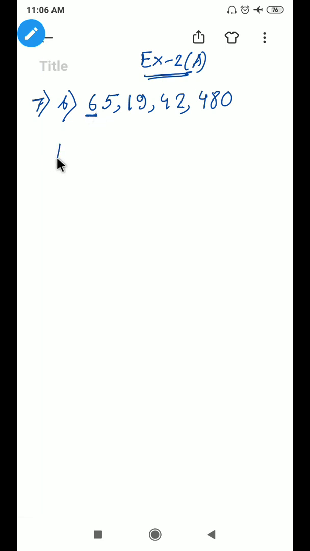From here you have to find out the period of this underlined digit and the place value of this underlined digit. Clear? So we already discussed the period and place values in our previous class. So you know how to find the period of this underlined digit. Which room does this belong to? This is the 1, 10, 100, 1000 room, lakh room, and this is the crore room. Because this 6 belongs to the crore room, the period of this digit will be crore.